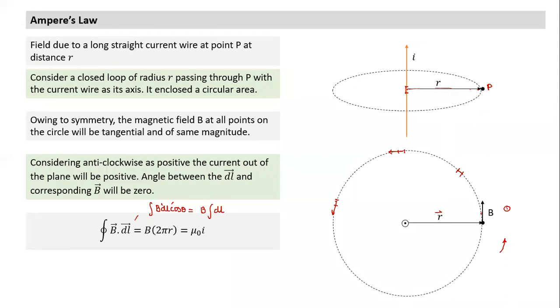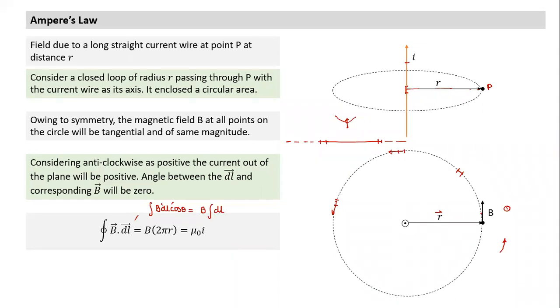First, this is the long current element. We have done some symmetry in case of line charge, the infinite line charge. How did we conclude in case of infinite line charge that at any point, if we take point P, the field will be perpendicular? Because of symmetry: if we take two elements, one creates a field like this, the other also creates one like this, and the resultant will be along this. Here also, if I keep taking symmetrical elements.